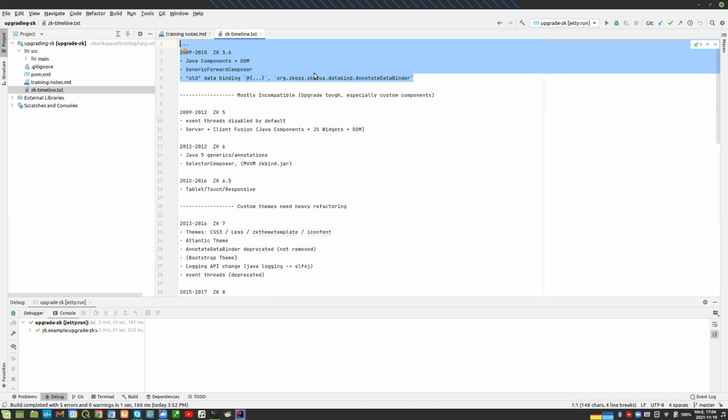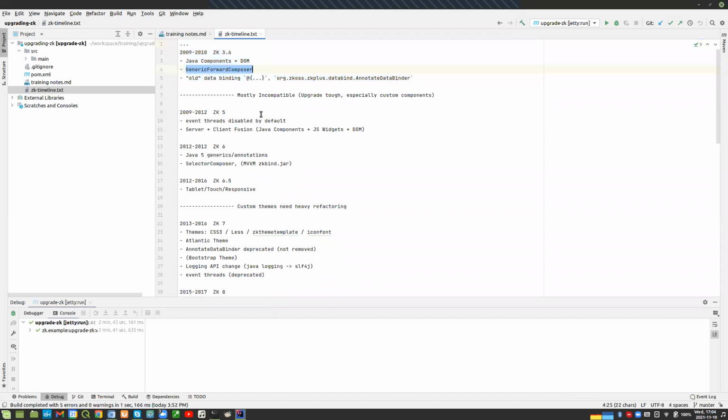I'll not start there, because then we just have two separate applications mostly. But there are a few things that remain from ZK 3.6, which are the generic forward composer, which is the convention-based behavior class that you can apply to your components to add Java code that is executed at different lifecycle phases of components, and add event listeners using a convention syntax to have event listener methods in your Java class. And this is very often what we see in upgrading